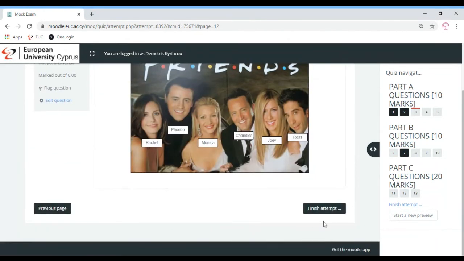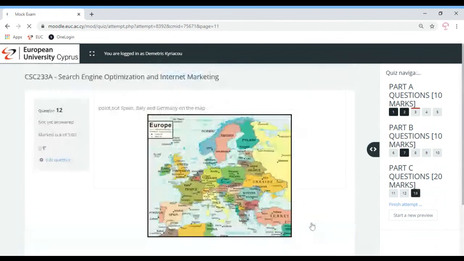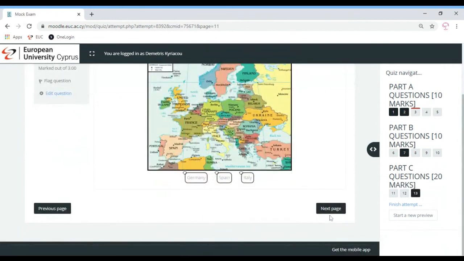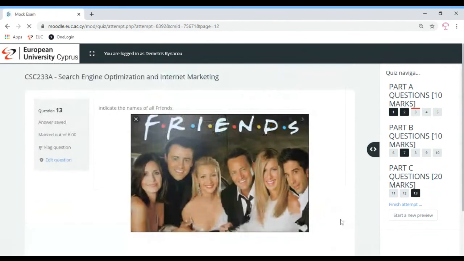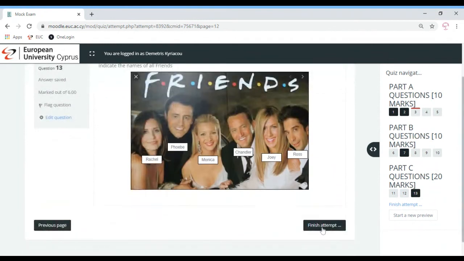The button there signifies finish attempt. So in the last question, this one changes to finish attempt. If they go to the previous page, they have next page. If they go to the last one, they have finish attempt. They also have this link here, so they can jump to finish attempt while they're viewing any other question. They don't need to go step by step and then click finish attempt, although this is what we want them